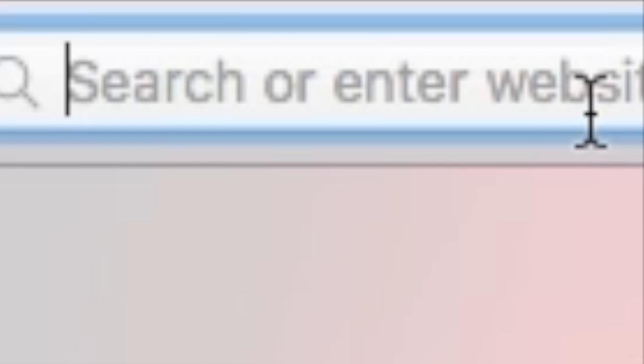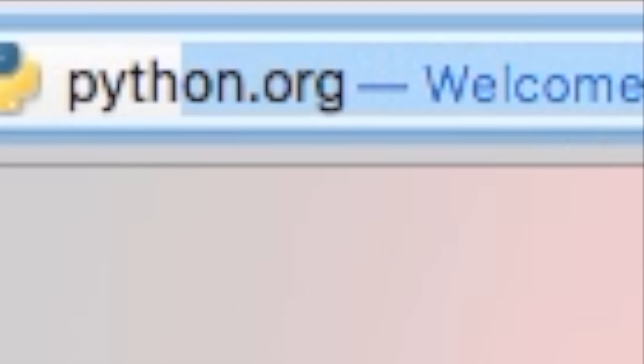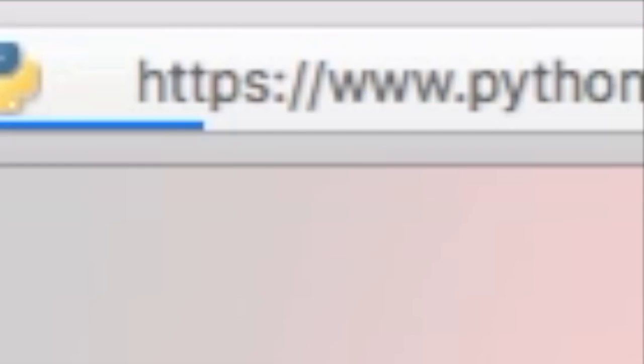If any of you don't already know, we're going to be using a Python editor called IDLE. Why we're going to use this is because it's a very good Python editor made by Python that has all of the things necessary for building pretty much any Python program. So, to download it, we're going to go to python.org,